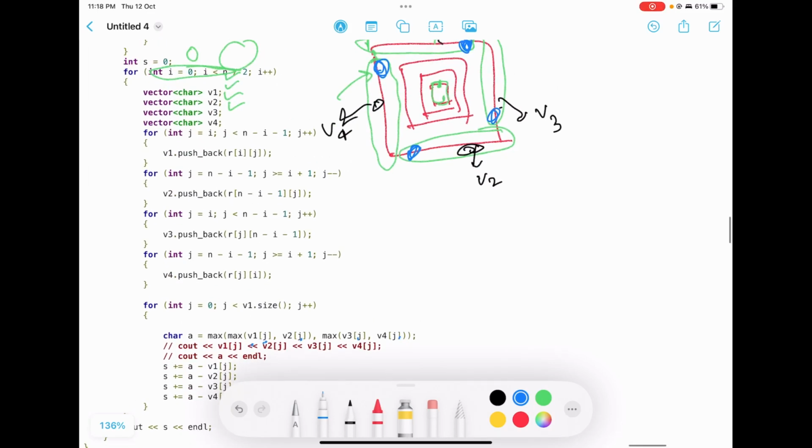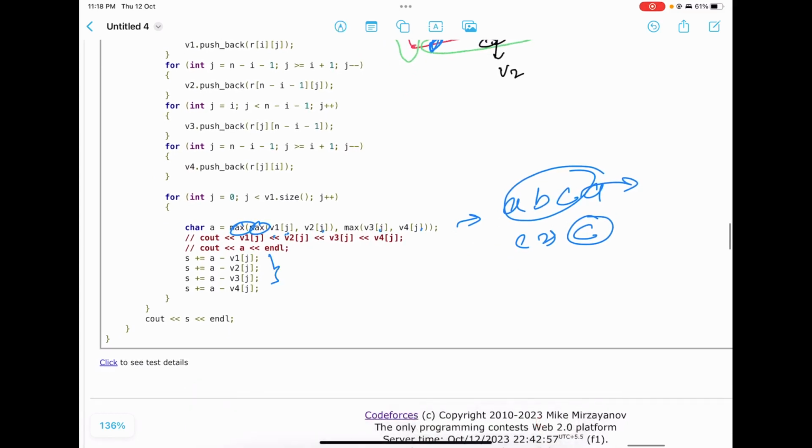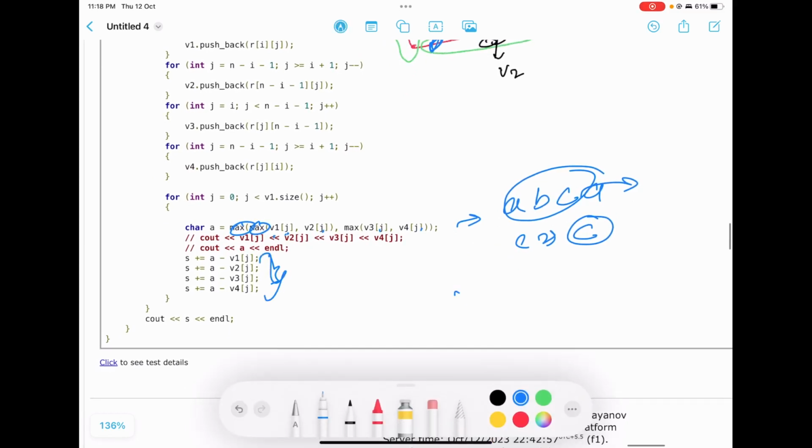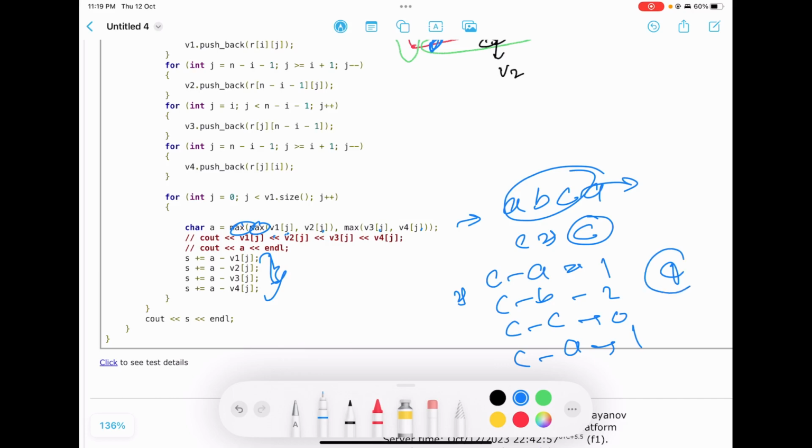We are taking the max character from it. If it is like a b c a, we are taking the max character. In this case it is c, and now we are calculating the distance between C and all others: C minus A, C minus B, C minus C, C minus A, which is 1, 2, 0, 1, so 4.